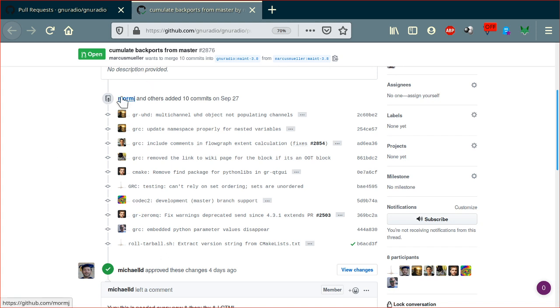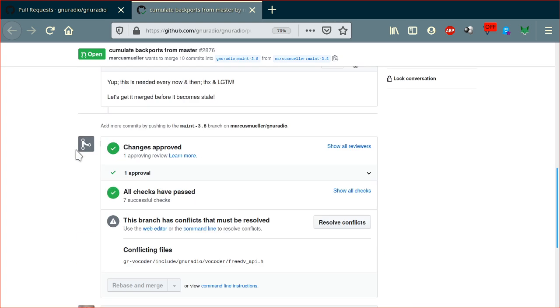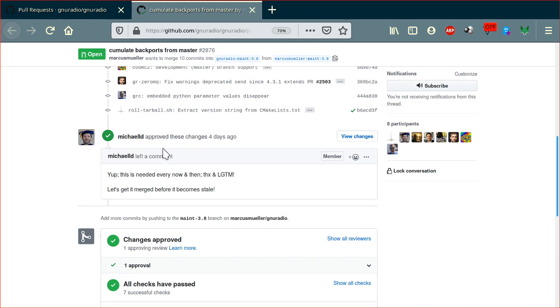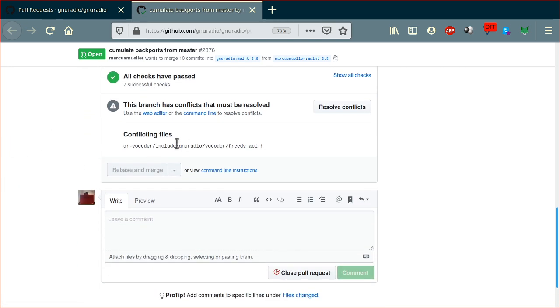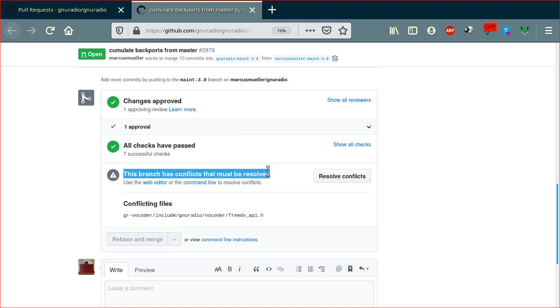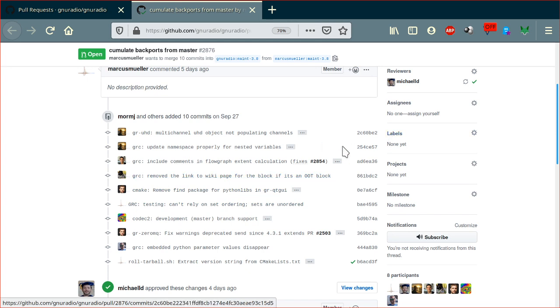In this case though, Marcus took a whole bunch of changes that were on master, and then decided they also need to be on GNU Radio 3.8. And Michael Dickens has already reviewed this, so that's good. There's a couple of problems here. The first one is this actually needs to be resolved, so whatever that change is, and we'll see that in a minute. And the other thing is, for reviewing this, we will need to quickly go through these changes and